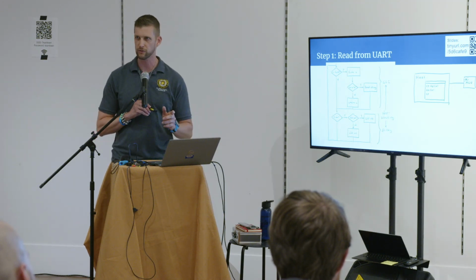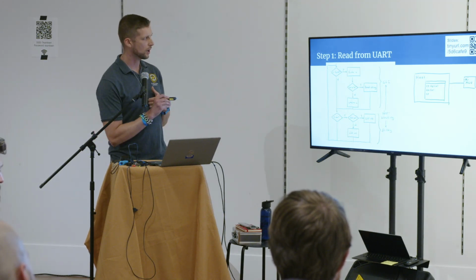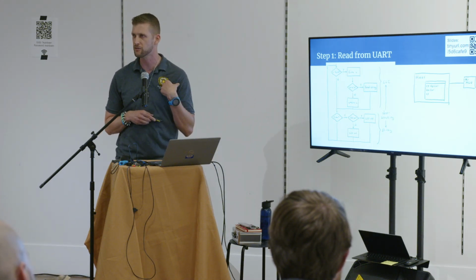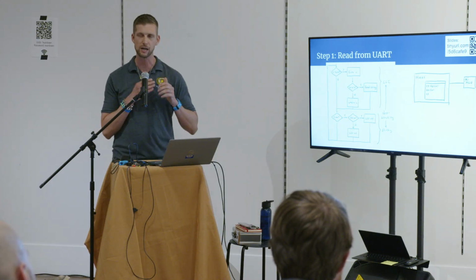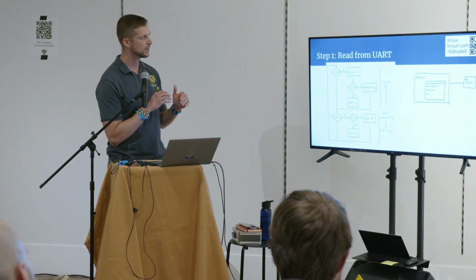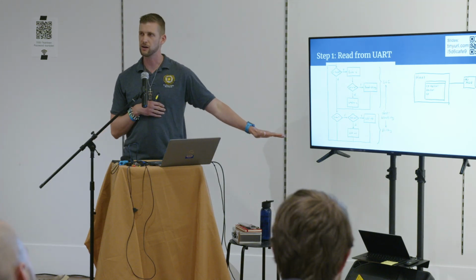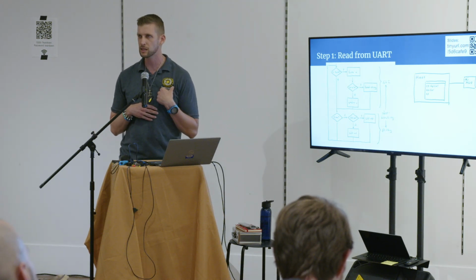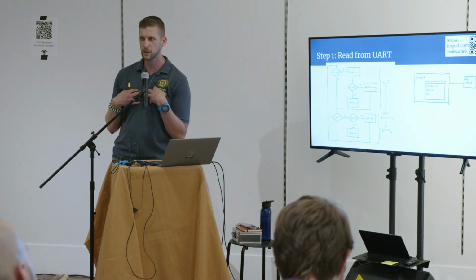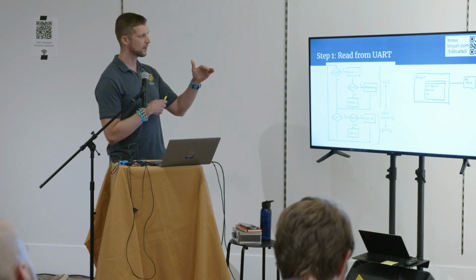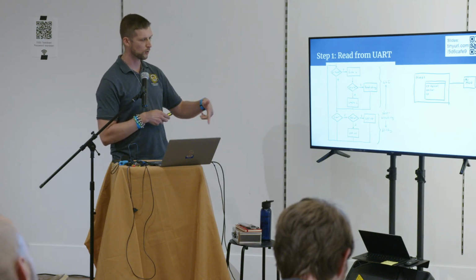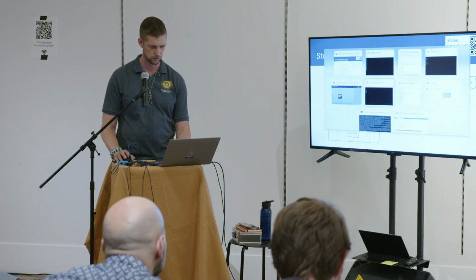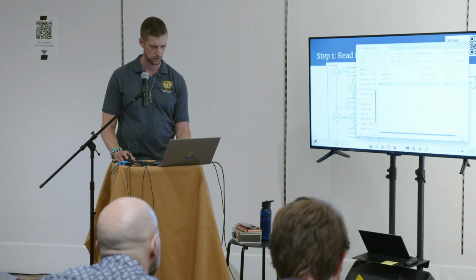I've got a flowchart here for a very basic program. The top half is my little task that's going to read from the UART port and build up a string. Right now, it's not going to do anything with that string. It's just going to build it up. And then underneath that, I have a little blinky task. And it's important that these be non-blocking, at least as long as I'm not using a real-time operating system, so that I can do both simultaneously. And so on in Arduino,